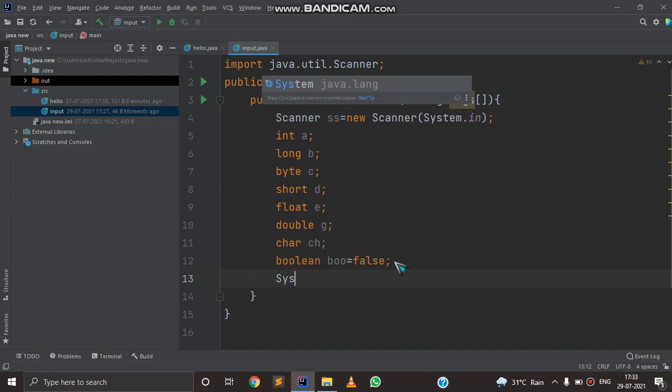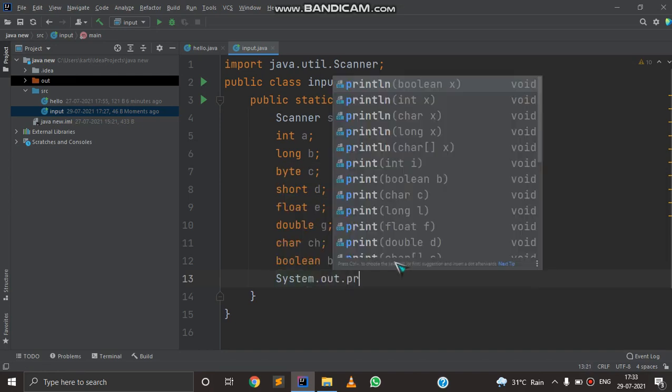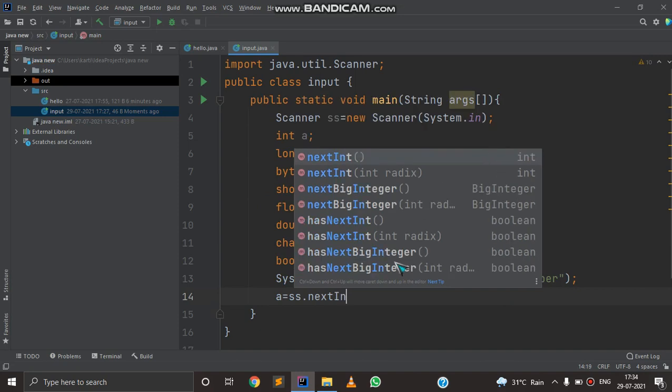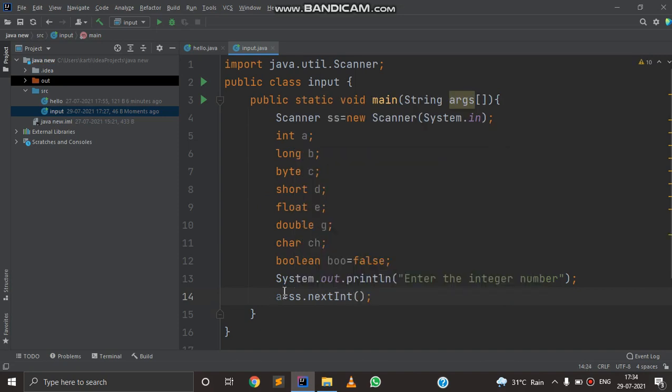So I'm going to take input: System.out.println, enter the integer number. As you can see, I have initialized this as integer a.